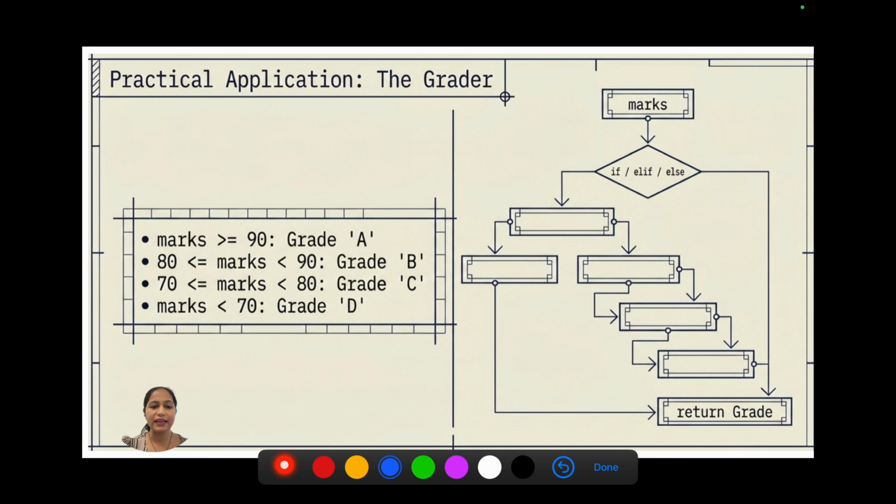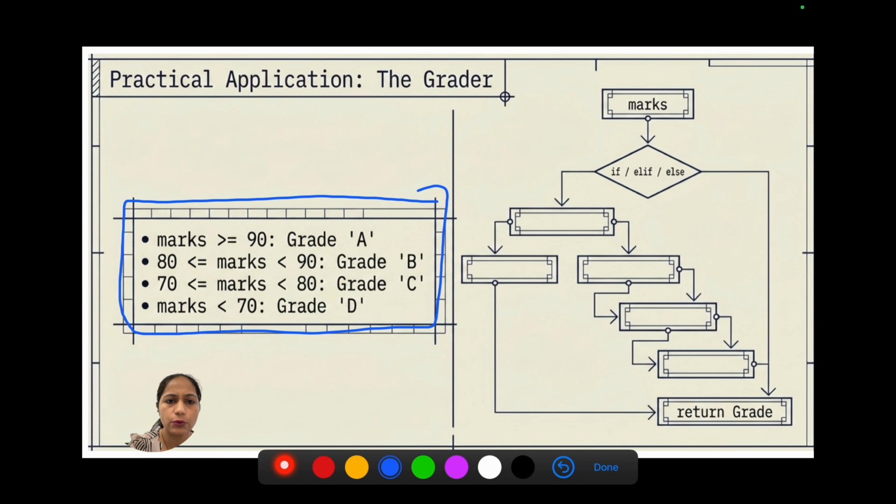Can you try creating a function which basically computes this grader? You have learned now how to create the function using the def keyword, and this grading you have to do using if else statements, but it has to be done in a function.